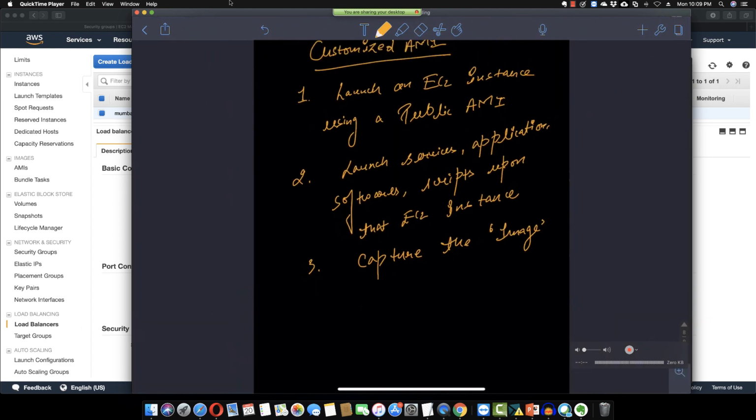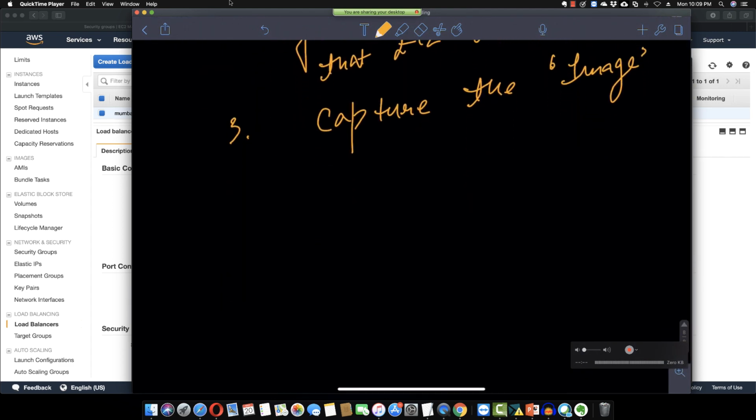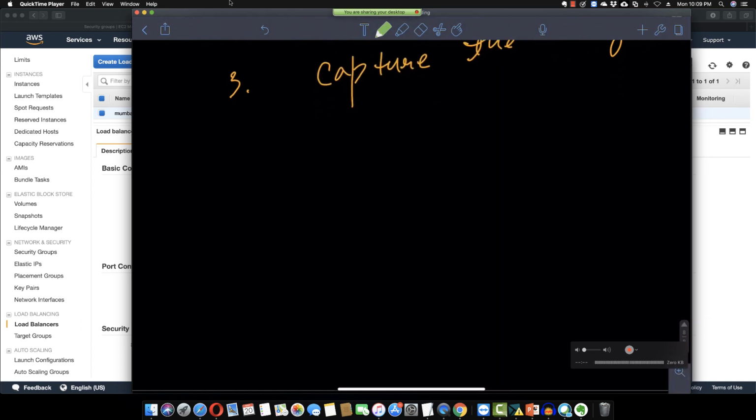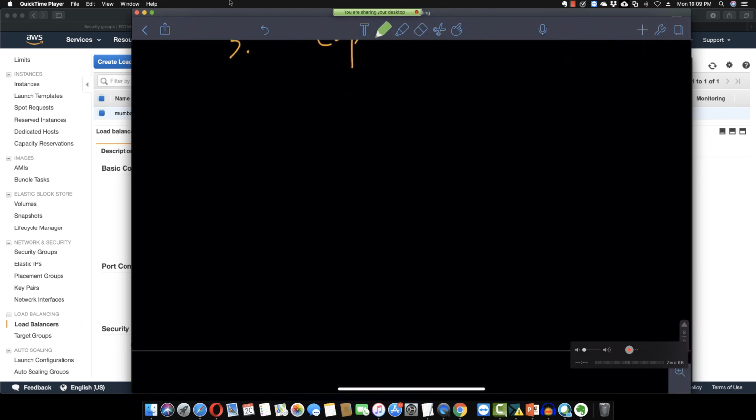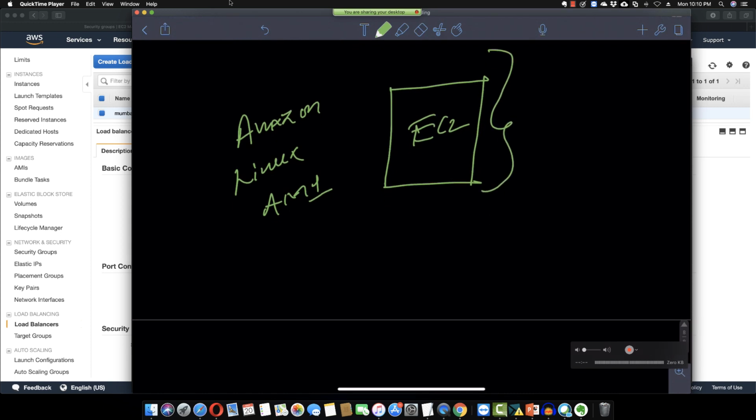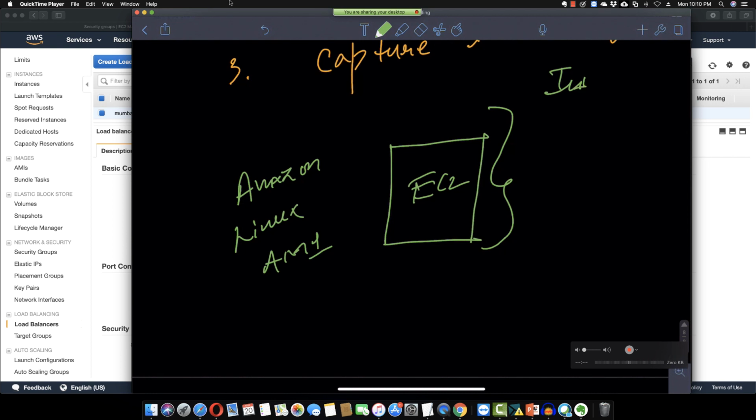You capture the image. So I'll just draw it right now. I'll give you one example. Let's take an instance: you launch an EC2 instance using, for example, the Amazon Linux AMI. Now let's imagine you install upon it Apache